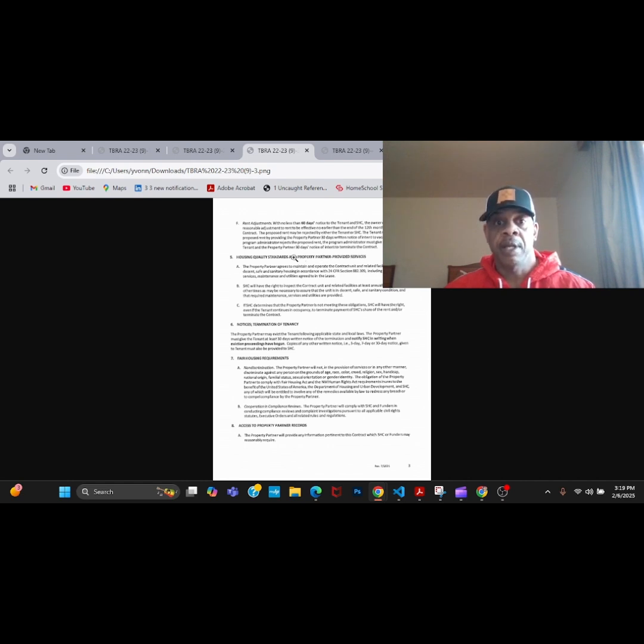Now, it's at the housing agency's discretion to schedule these housing quality inspections, and they usually happen annually at the end of your lease, or they may decide to do it whenever they would like to schedule one. The next part of the tenant-based rental agreement that's important is the fair housing right requirements.